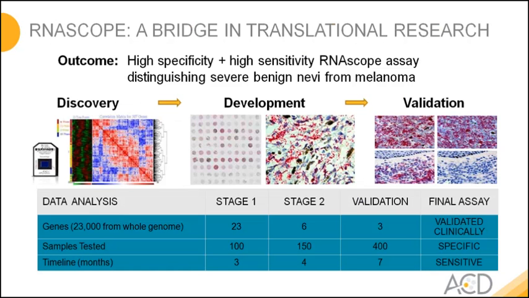Kaufmann. And the question here was, is it possible at the molecular level to distinguish between severe benign nevi, atypical benign nevi, and melanoma? So that's an open need in the diagnostic space, and we felt, let's give it a try. So we used publicly available microarray data, and after the data analysis, we identified 23 candidate genes, tested them